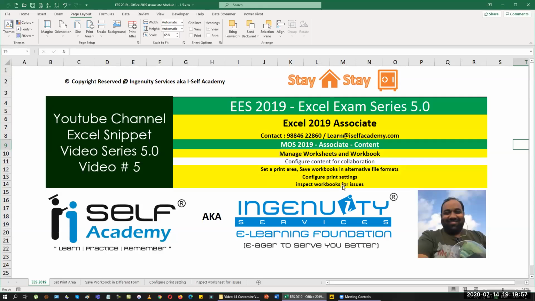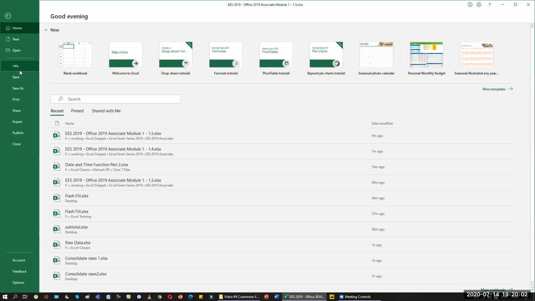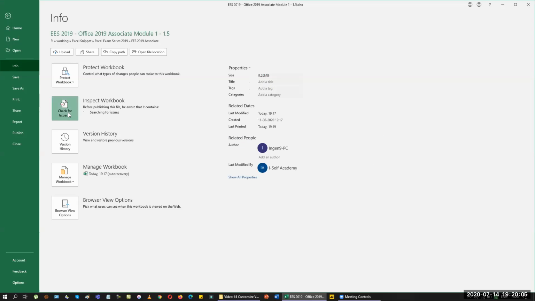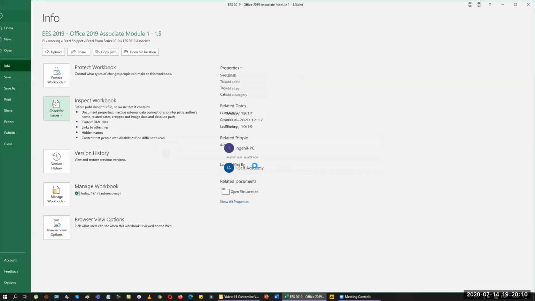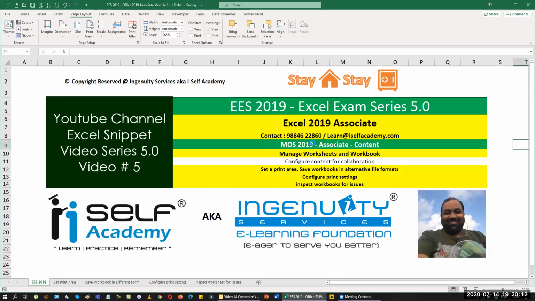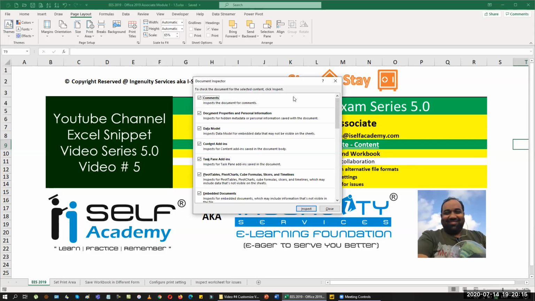And finally, inspect the workbook for issues. As usual, I'll go back to File, Info. I'm going to use the second option, called Check for Issues. Here we will generally deal with Inspect Document, and you can say yes if you want to check whether there is an error in it. Just don't check or uncheck anything here. Generally, they'll ask you to remove the document properties and personal information. Just inspect, and it will automatically run through the list and show you Remove All for document properties and personal information. Then you can click Remove All and then Close, and it will happen for you.